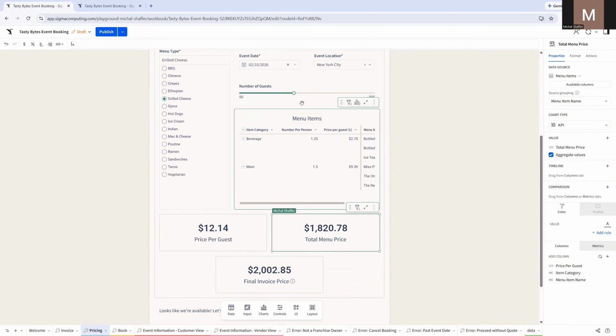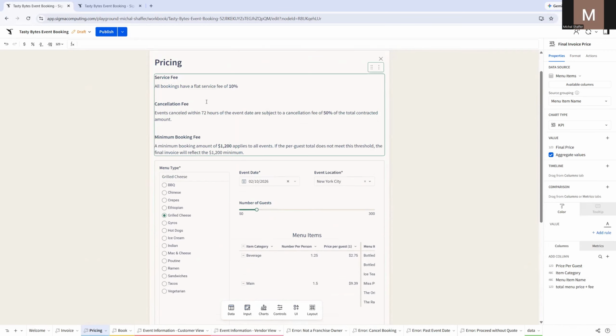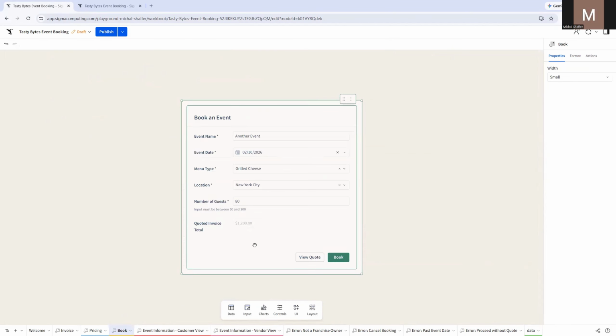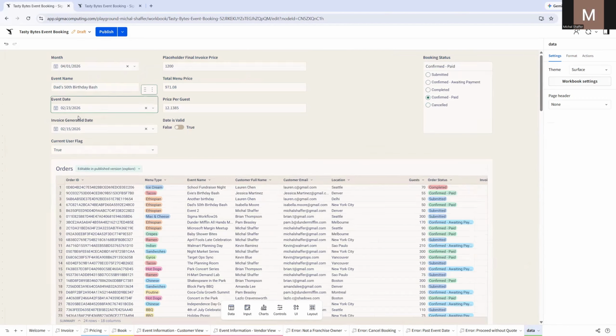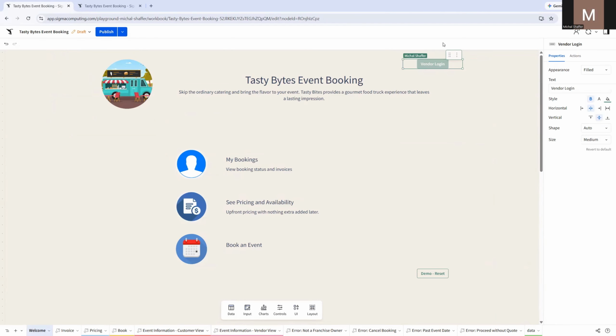If the total menu price is less than $1,200, then you see the final invoice price will always be a minimum of $1,200 as stated in the minimum booking fee. And this is calculated. Once you hit book, that's going to create an additional row in the orders table. When we go to our vendor login